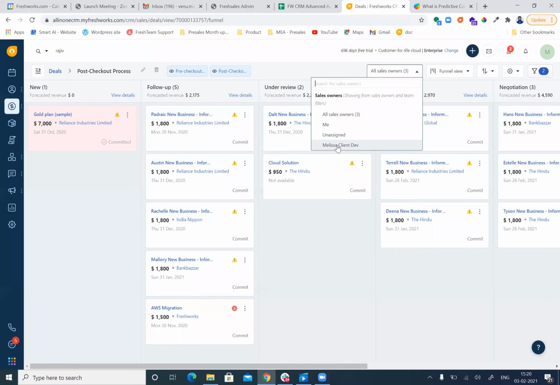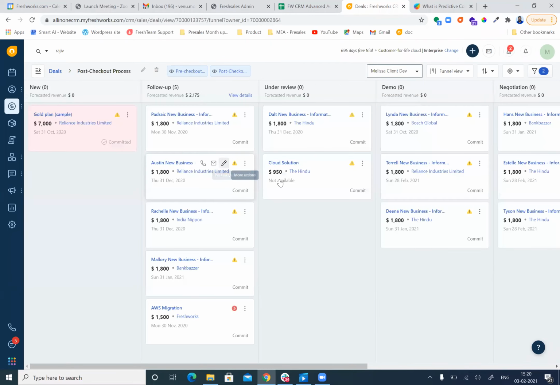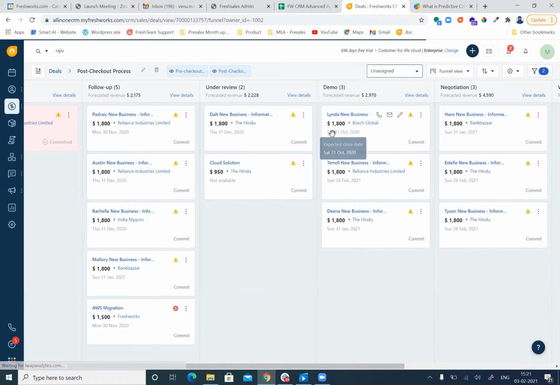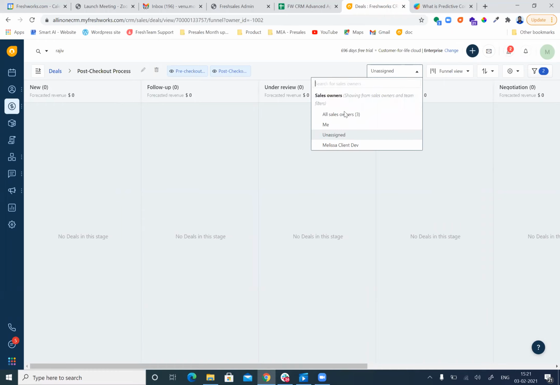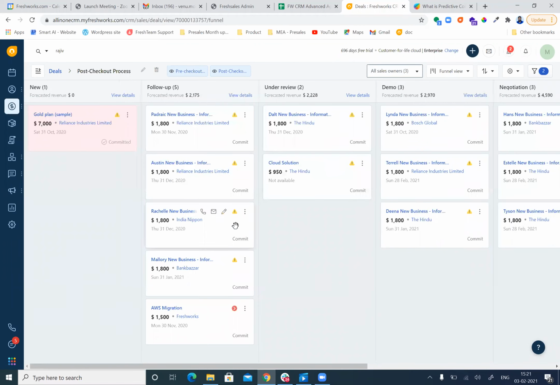So if I have 5 people in my team, I can easily segmentize each and every salesperson: how many opportunities they are working on, and what opportunities are in the different stages. That way, I can easily go through one by one for each and every salesperson in my team. And similarly, as a team manager, I can also see a holistic view for my entire team. So this view will show you the progress of your sales pipeline stages.